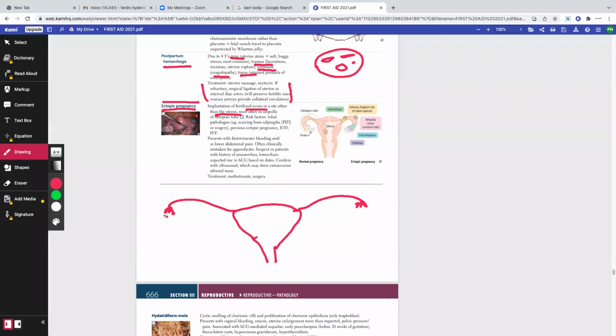Okay, good. Now, do we have fertilization in the ampulla? Yes or no? The answer is yes. After fertilization in the fallopian tube, do we have the simple ciliated columnar epithelium moving back and forth, moving the zygote this way for implantation in the uterus? Yes or no? The answer is yes. If we have a patient who has primary ciliary dyskinesia or cystic fibrosis or anything that is wrong with the cilia of the fallopian tube, will the zygote move towards the uterus? Yes or no? The answer is no.